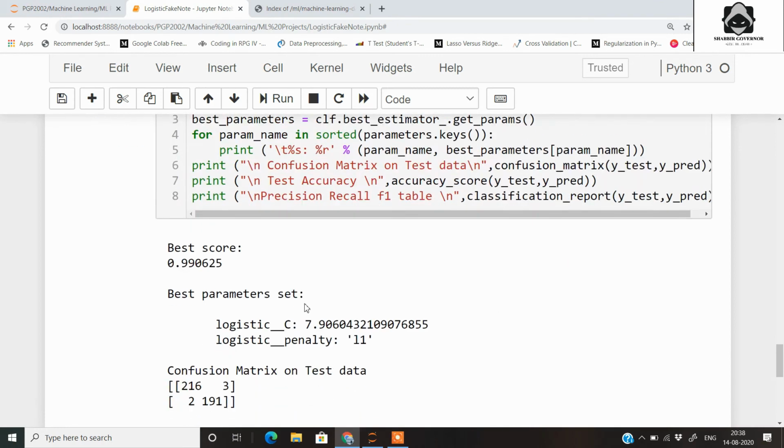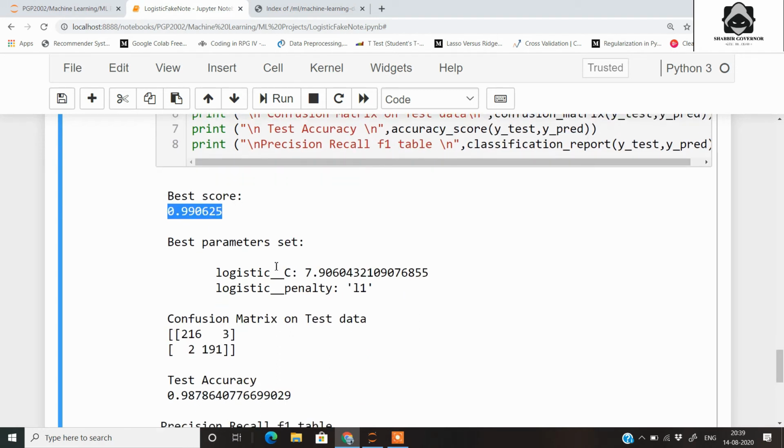You can see here we get the best score as 0.99. That means our model is performing pretty well in terms of classification of fake notes and bank notes. Besides that, we get the best parameters here, that is the value of lambda 7.9060, and the penalty that we want to apply to our model is L1, that is lasso.